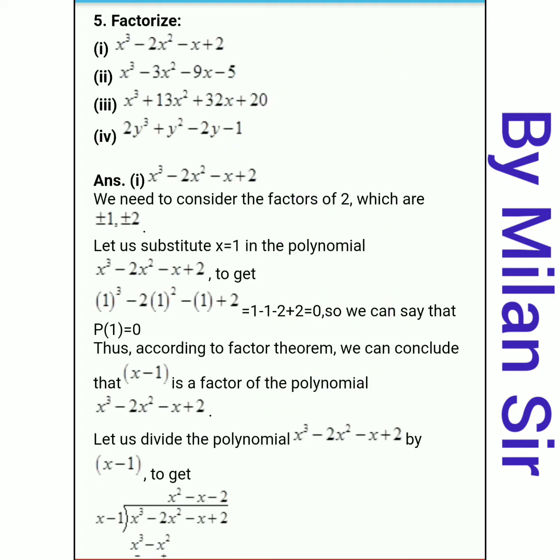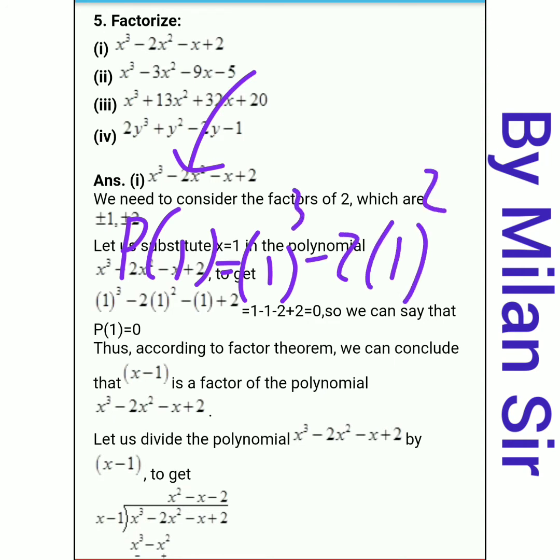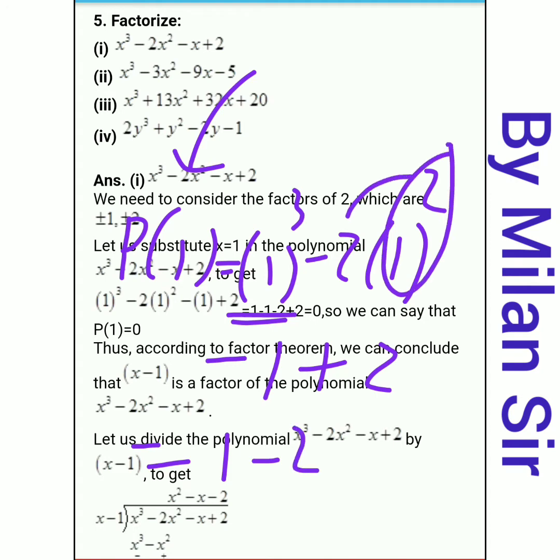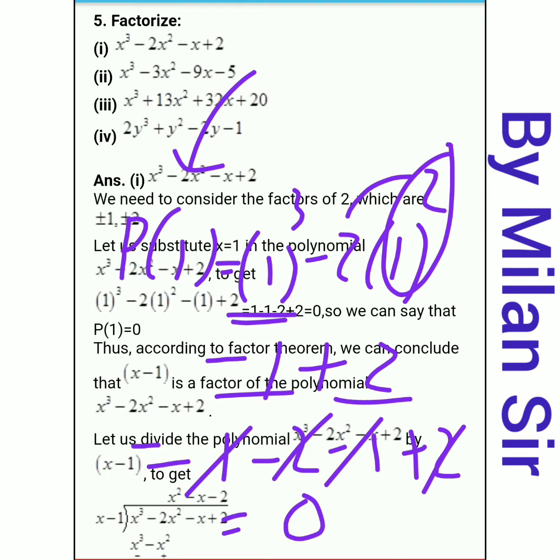So first of all, what we need to do, just put 1 here in place of x. So 1 cube minus 2 times 1 square, in place of x we write 1, then minus 1 plus 2. Now 1 cube is 1, then 1 square is 1, into 2, it's 2. Here minus 1 and plus 2. Plus 2 minus 2 cancel, 1 minus 1 cancel, so 0. So here we get 0. That means x minus 1 is a factor of this polynomial,